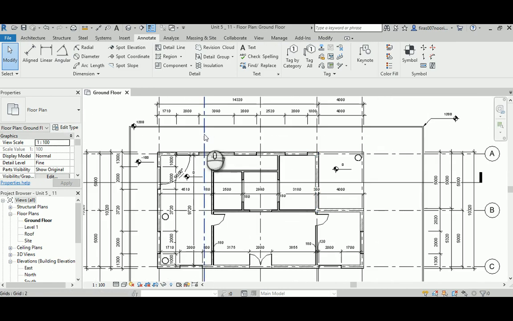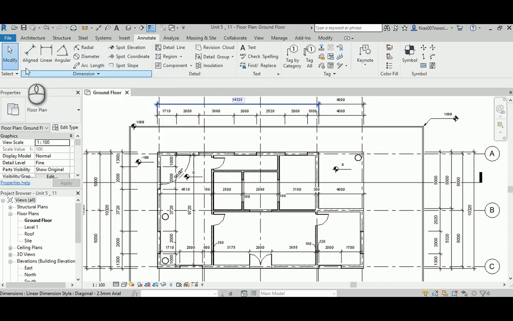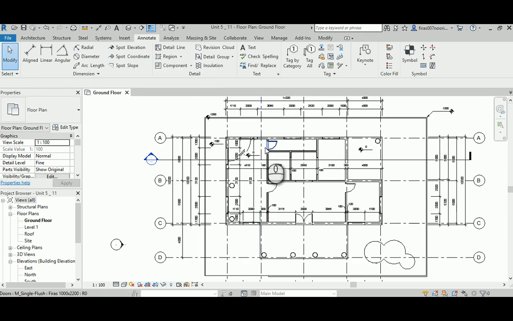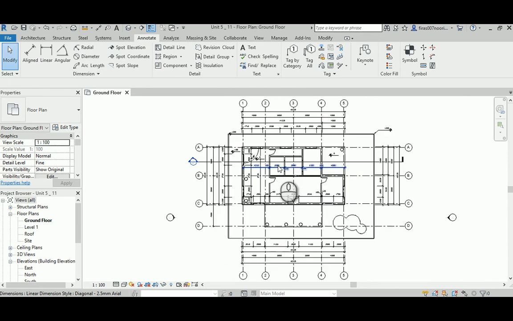So that's again one of the important annotations that I use, and probably the most used, to be honest: this guy and this guy and this guy, the aligned, the radial, and spot elevation. So again, you really need to understand that the dimension is an architectural element. In Revit, they are completely view dependent. And by view dependent, I mean that whatever you designed in here, when you go to level one,